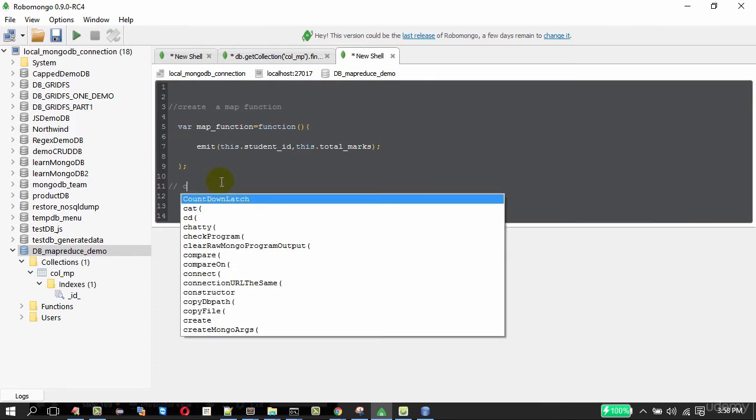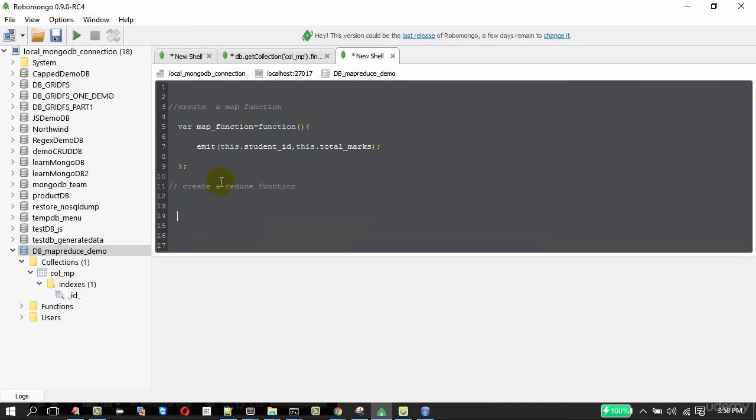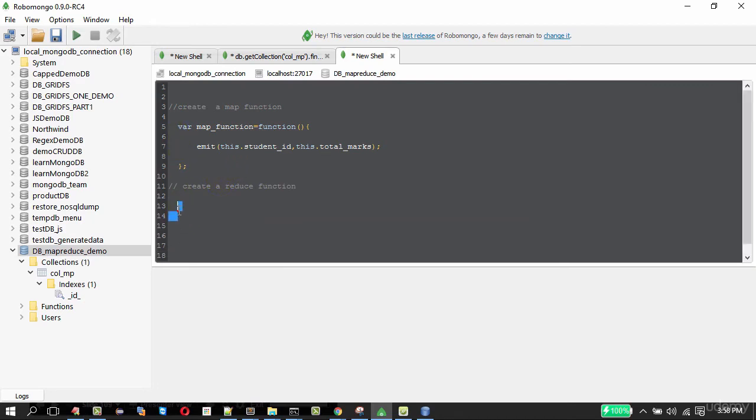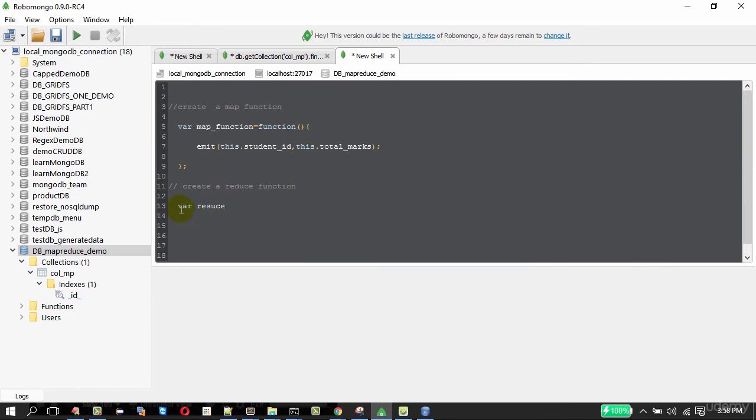The second step is to create a reduce function. That's very easy. The reduce function is going to take two parameters which we have selected here. The first one is going to be the student ID and the second one is going to be the total marks.